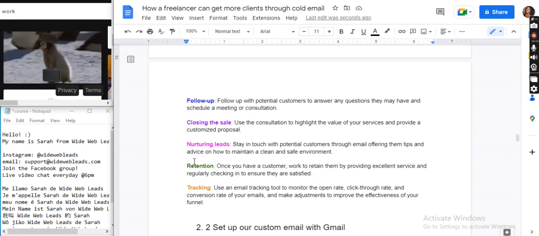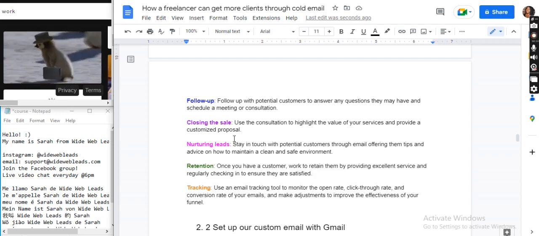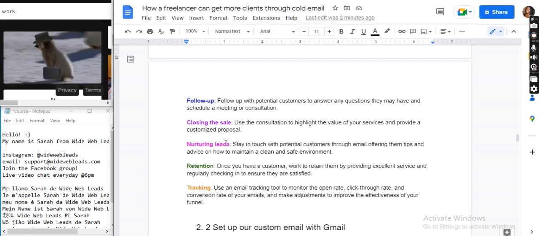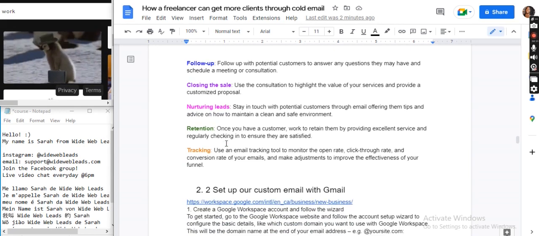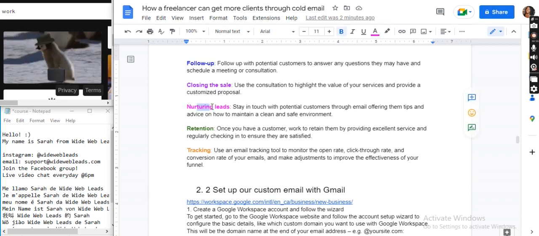You'll probably end up commenting under their posts, or just letting them know that you are a real human being wanting to help, ready to help. And yeah, that's essentially what nurturing is, just keeping you and your business top of their mind, and just genuinely interacting with them, as well as utilizing retargeting ads and retargeting emails is a great way to nurture these leads.